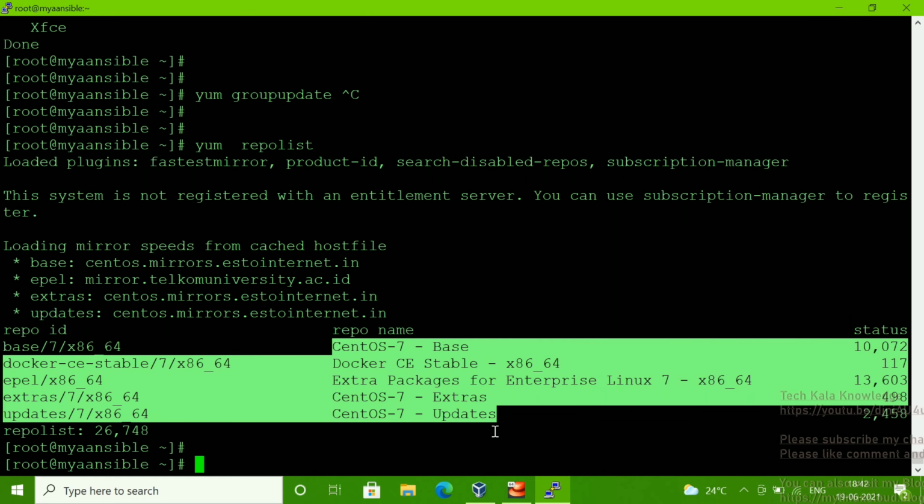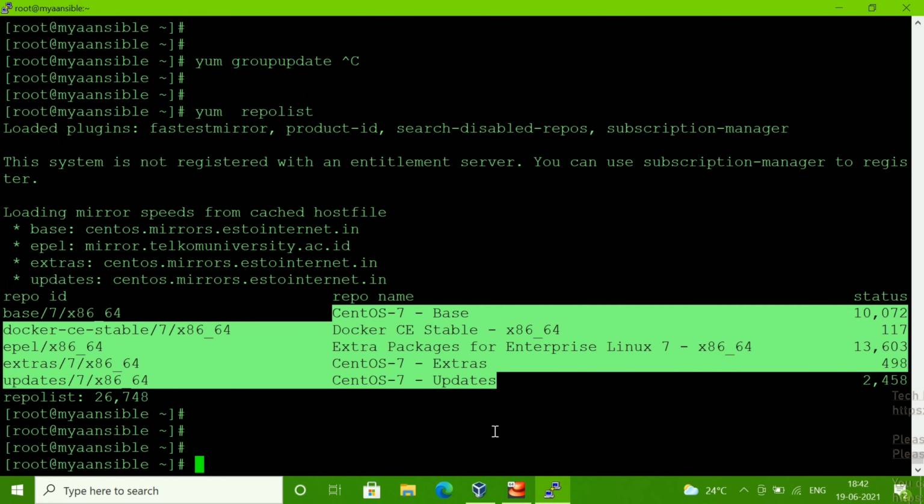If you want to know what a repo is and how to create a repo, then please comment in the video section, then I will make that video and update it on my channel. Okay, fine. These are the enabled repos I checked through yum repo list. Suppose you want to check all the repos, even disabled and enabled ones, then how are you going to check?